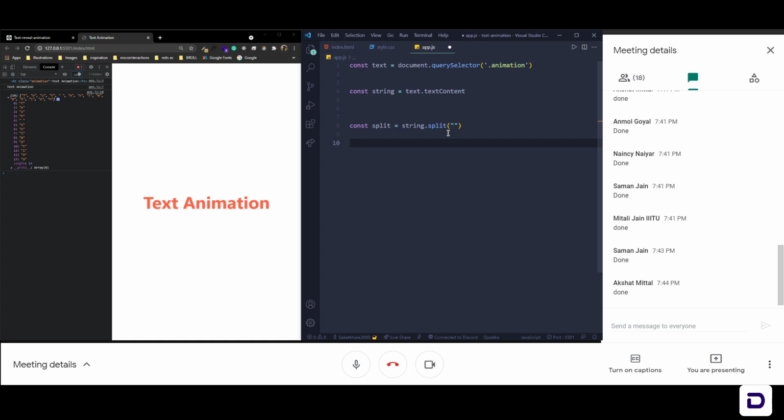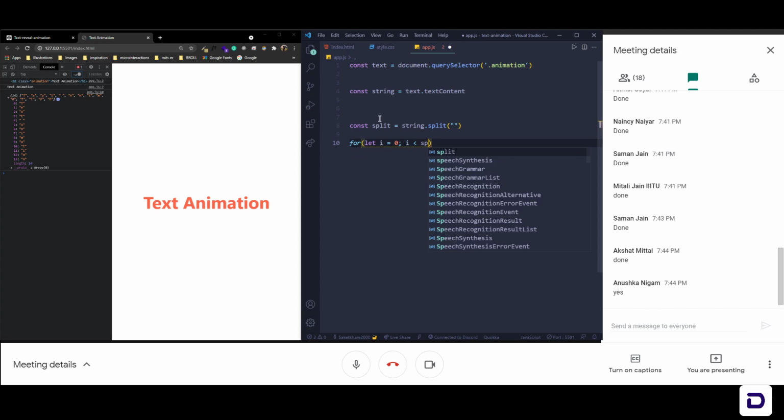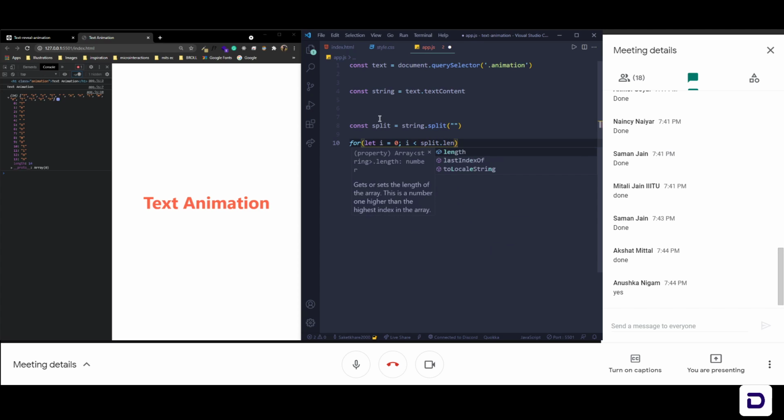Okay, so now we have all the letters. Now we have to wrap each letter in a span. To do that, we will use a for loop. So for let i equals 0, this will loop till i is less than split dot length, then i plus plus.